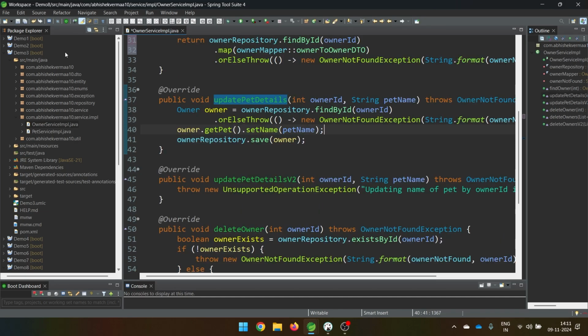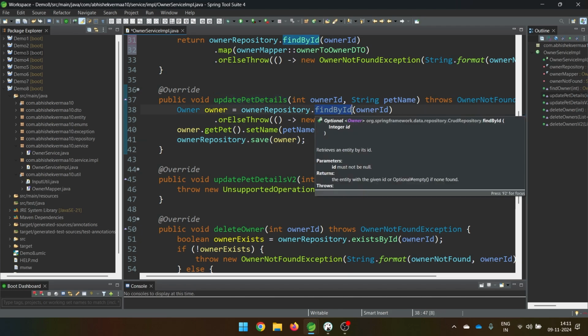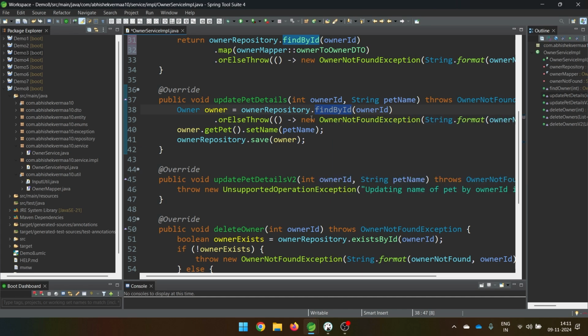So that is nothing new in this particular one, but here we just need to revise this concept, what we were doing. In order to update the pet details, we were first of all invoking the method find by ID. It used to return us the owner. In case the owner is not available, we used to throw the exception. If the owner is available, we used to say get pet and set the name. And then I told you that in Spring Data JPA, we don't have any direct method as such for updating things. We have direct methods for finding with the help of the primary key, saving the complete entity, deleting with the help of the primary key, but there is nothing for the update, because